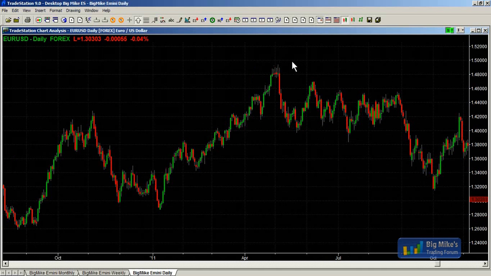I define legs in my books, but a leg is just a small trend. On a smaller time frame chart, it could be a huge trend. On the 5-minute chart, these two bars on the daily chart are probably a huge bear trend. But anyway, to me, this is basically one move down here into May. Then we had a pullback, and the market will probably look for a second leg of about the same number of bars and the same number of points. And that's probably part of the reason why it found buyers here in July.